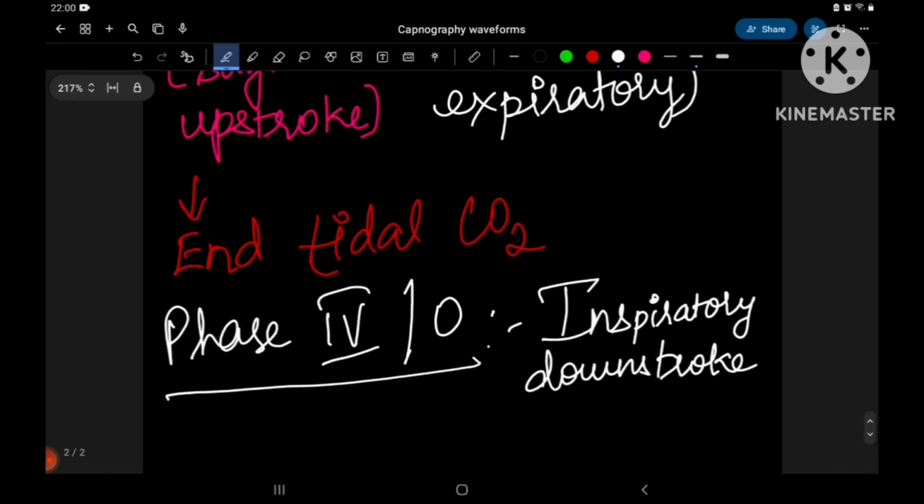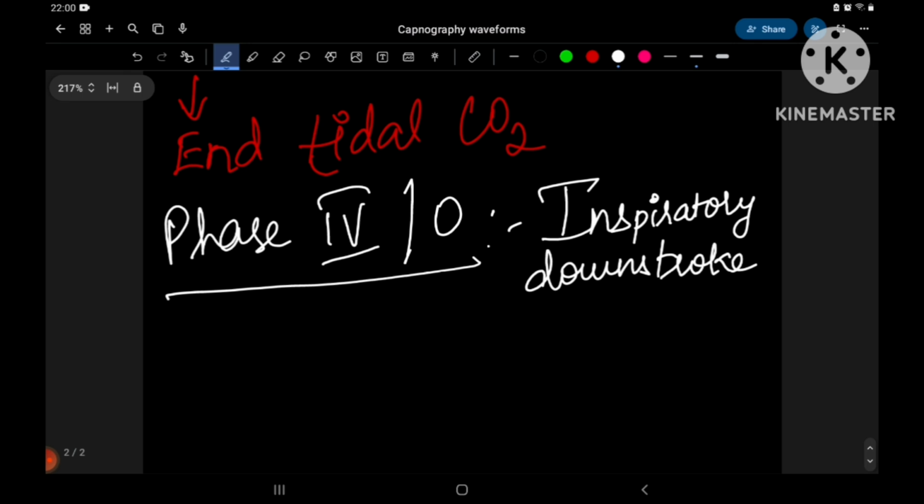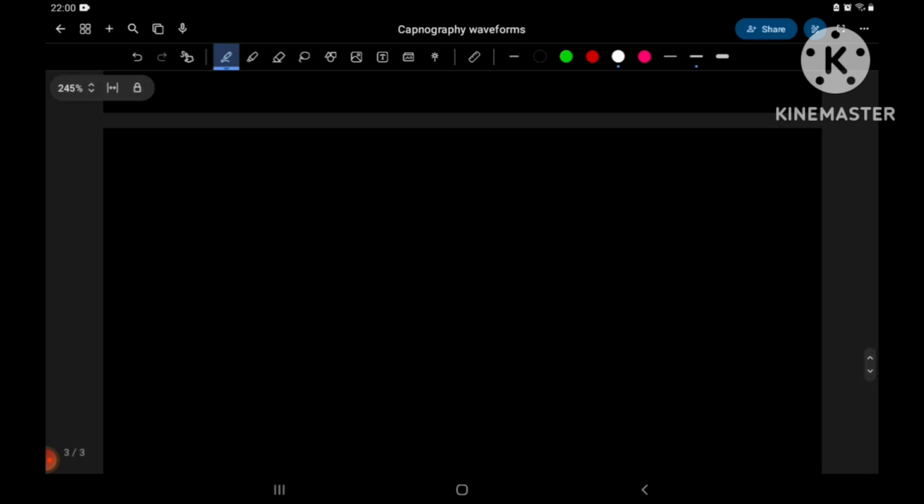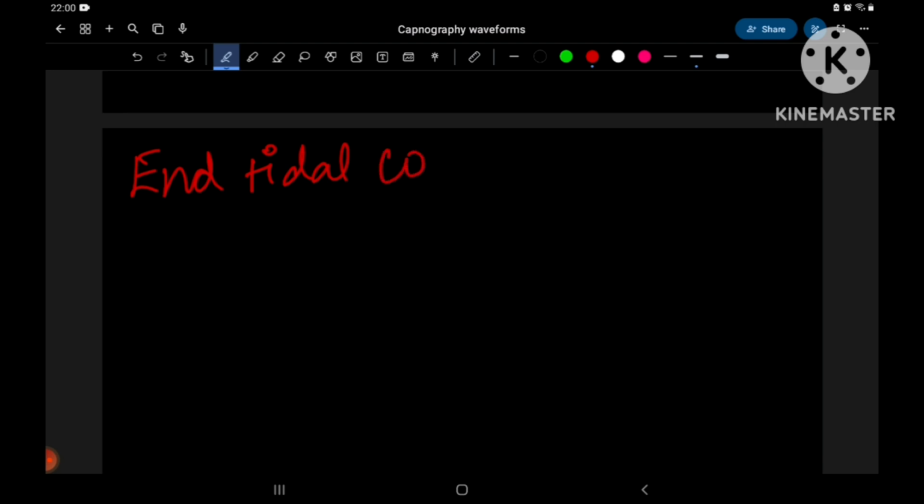Next, what you're going to see is something called end tidal CO2. What is this end tidal CO2? We saw it is the highest point, in the whole capnograph it is the highest point. What is end tidal carbon dioxide? I'll use another color. It is the maximum amount of